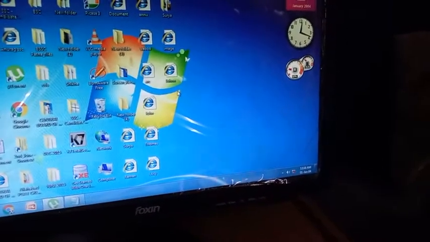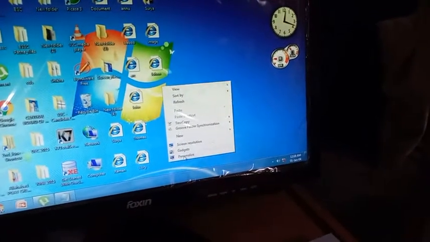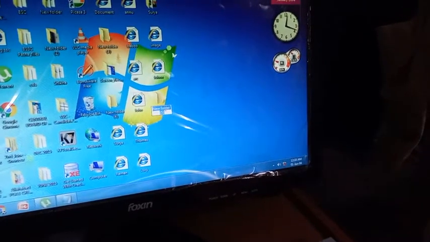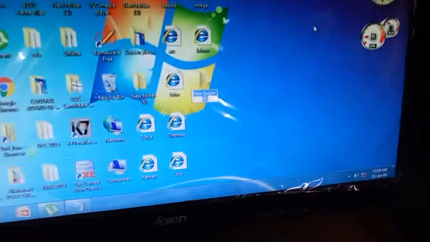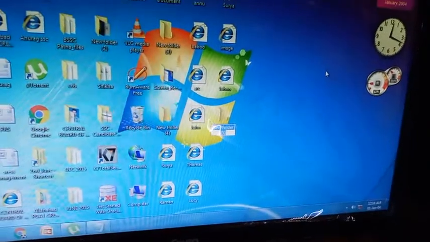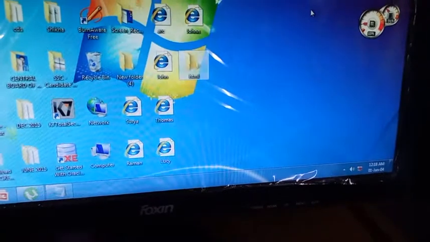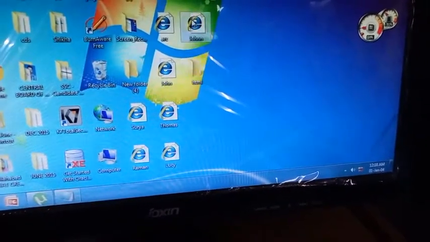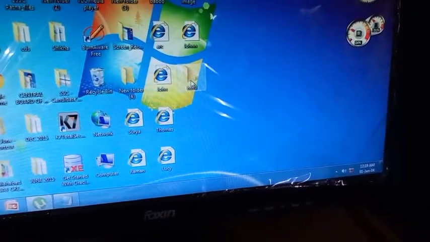Say create a folder on the desktop. Rename it, give a name to it. Say HTML, and keep your notepad file in the HTML.